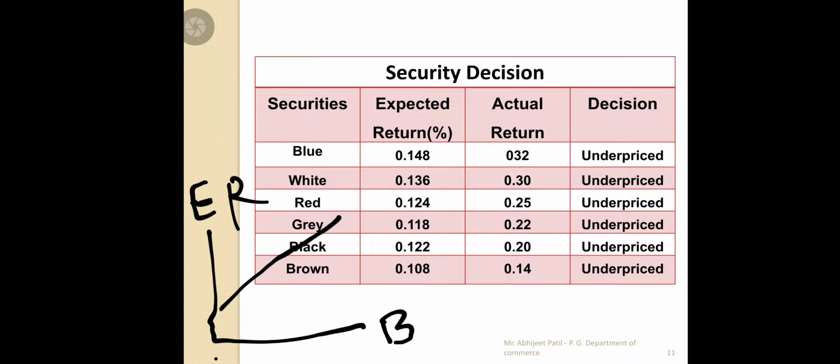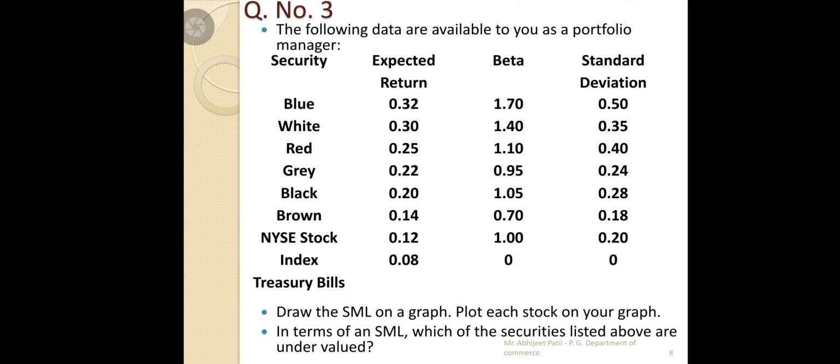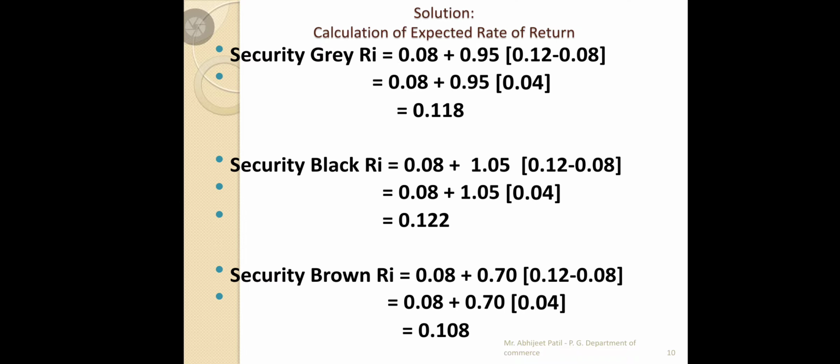We can put beta one by one with the expected return columns. The line will not start from 0; it starts from here onwards. It will begin with the RF value because RF is given. See, the RF value is given. Treasury bills means the RF value, 0.08 only. So the security market line and capital market line can never begin from zero.